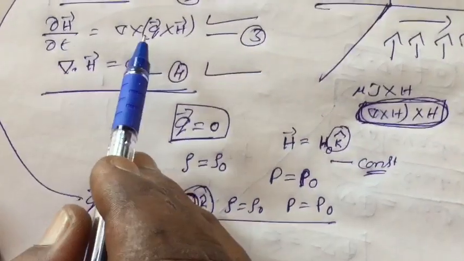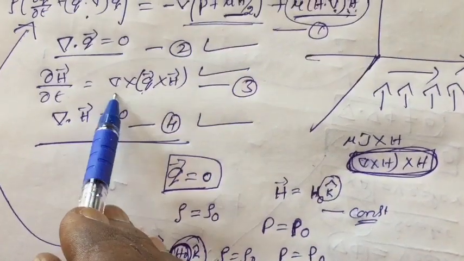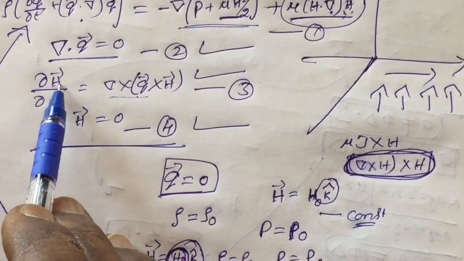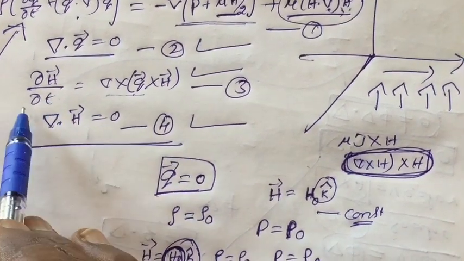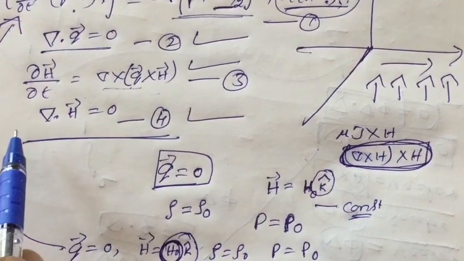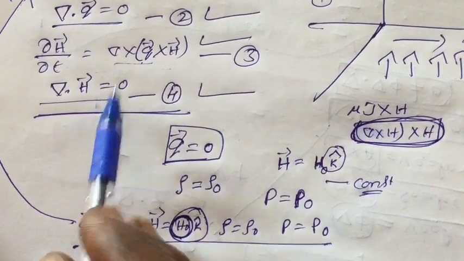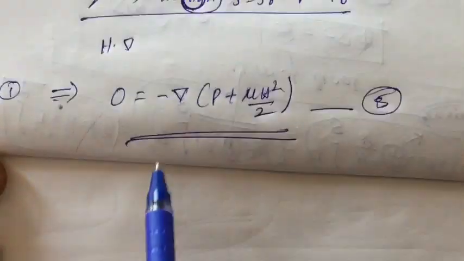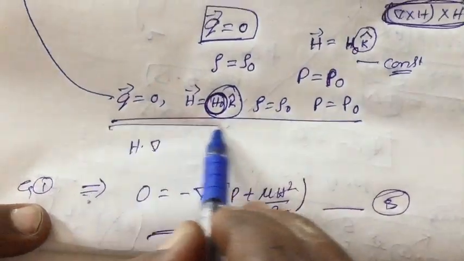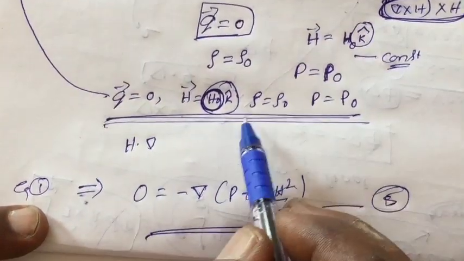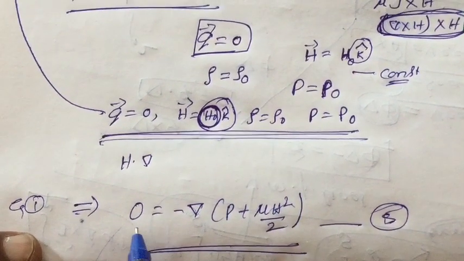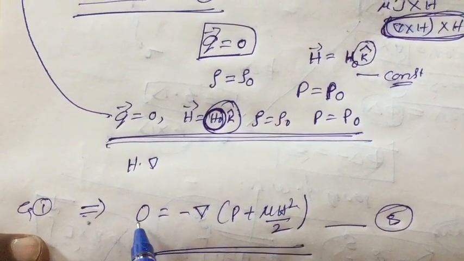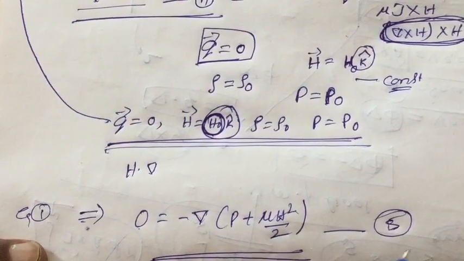And obviously Q is equal to 0, so this term will become 0, and H is uniform, that's why the derivative becomes 0. That's why this equation is also satisfied, and this equation is also satisfied for the basic state we have considered. For this state, all the equations are satisfied, but you are going to get only one term, that is 0 is equal to like this.